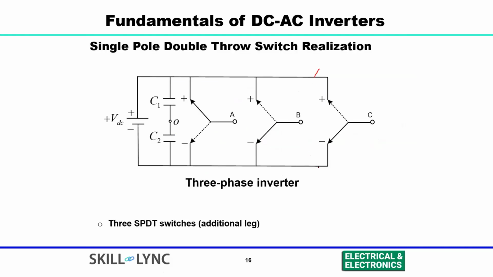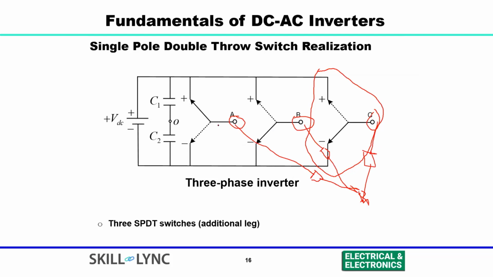With the three phase circuit, what we can do is add one more leg in the circuit, and we now have three poles A, B, and C. In the single phase, we connected the load between A and B, and here we need to consider one more pole N, and we need to connect some kind of load. So now we have three switches, and here we split the voltage into two parts, and at the reference point O we get VDC by 2, VDC by 2.